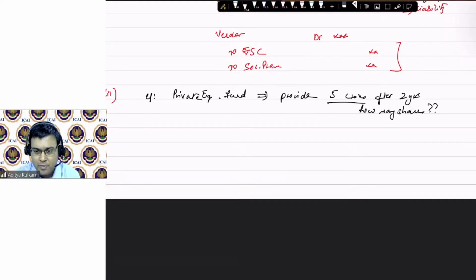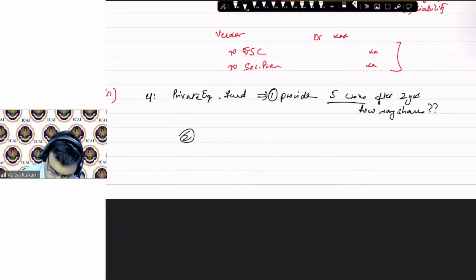Are you able to follow? So in this case, my number of shares ends up being variable. Why is it variable? Because the private equity fund wants an equitable calculation for the amount it is investing. So therefore, can I say that the private equity fund is taking any risk? Answer is no, because it is getting an equivalent amount for the 5 crore rupees that it is investing. Number one. Second case. So this was the first case.